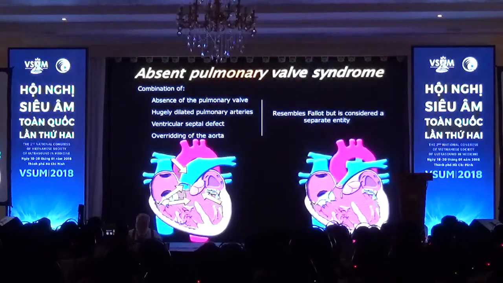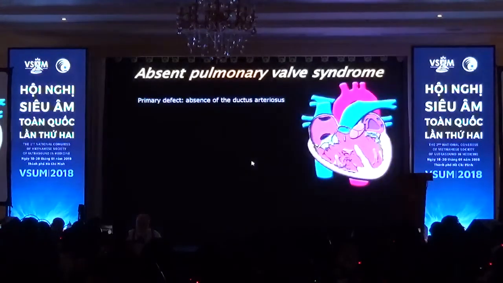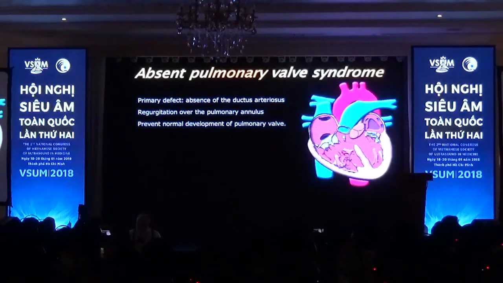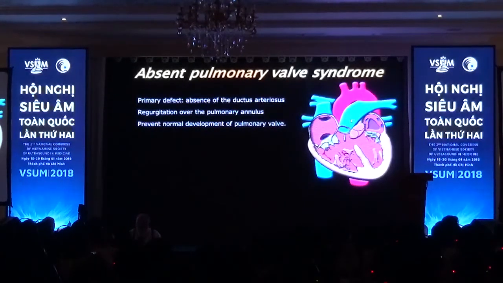So they resemble each other, and this is called one of the forms of the disease. So we don't have the ductus arteriosus, so the blood that enters into the pulmonary will have no choice but to come back into the right ventricle. And remember, regurgitation is what causes enlargement. There will be an annulus of the pulmonary which is very distended, but that prevents the normal development of the